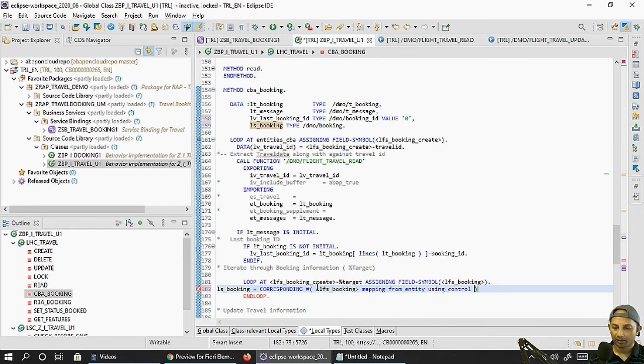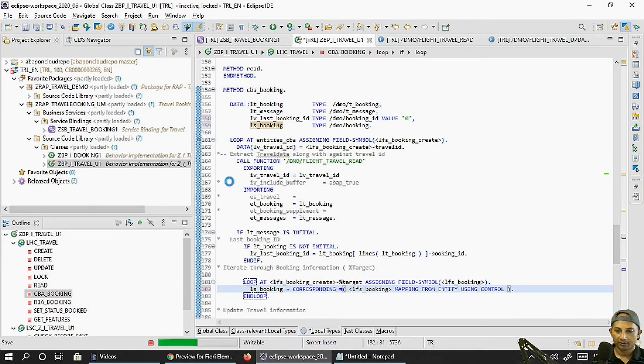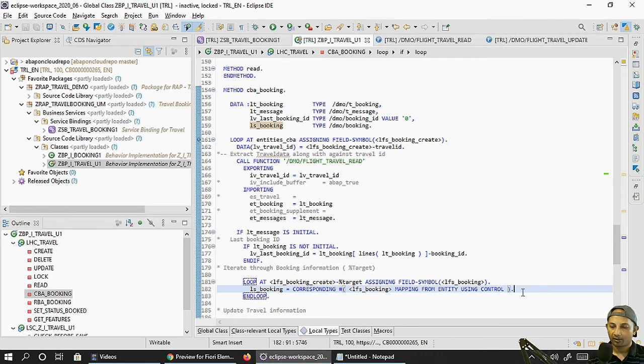We have already learned this syntax last time, so that we have mapped it, saving it.